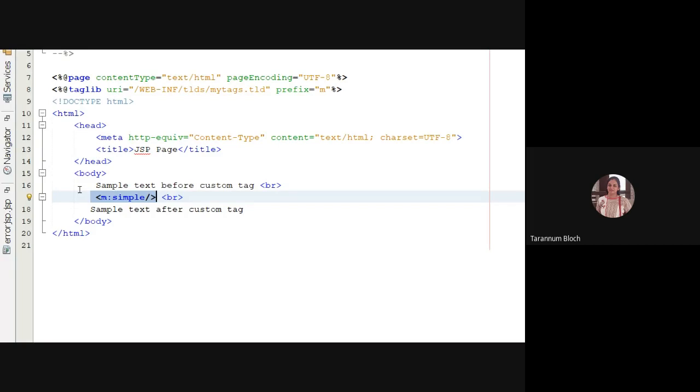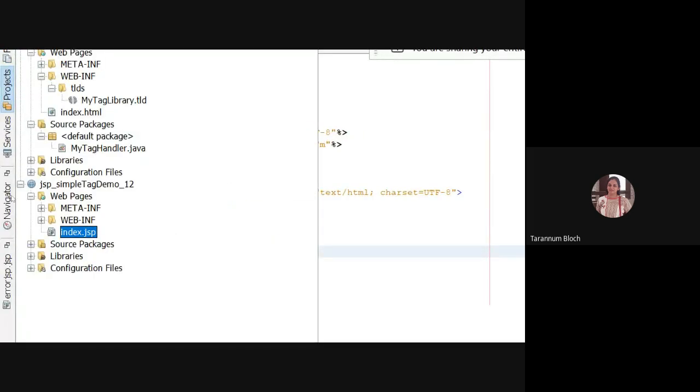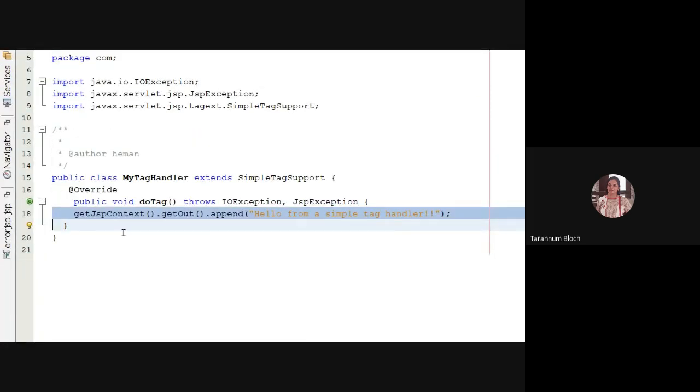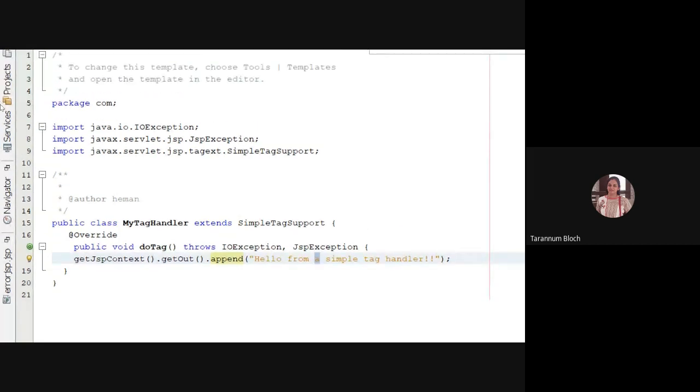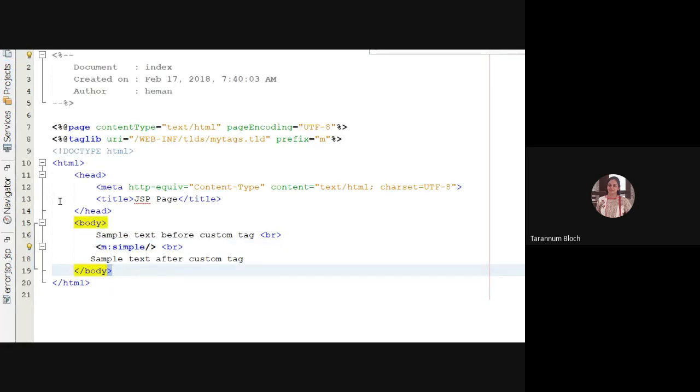So the output of that line will be appended or merged with this output. Look at the code. Hello from simple tag handler. So this will be appended there. Fine. So after that we have the simple tag.